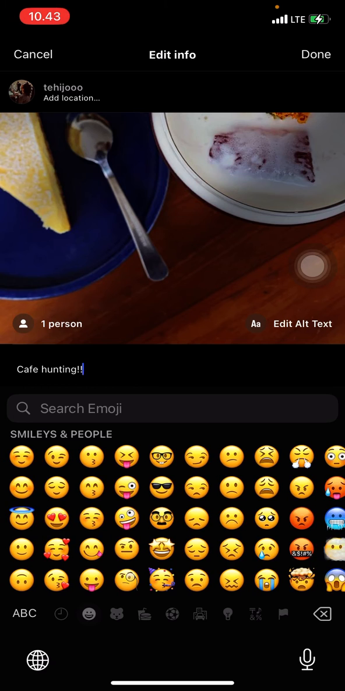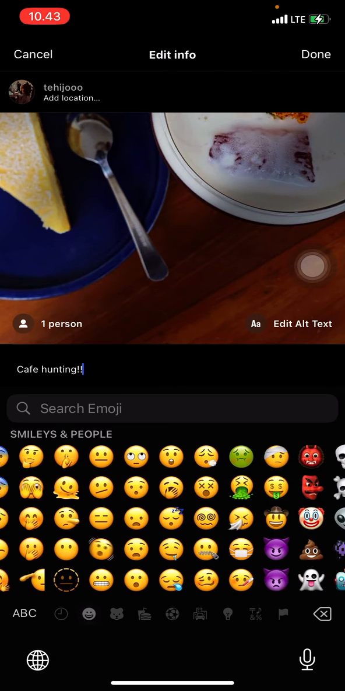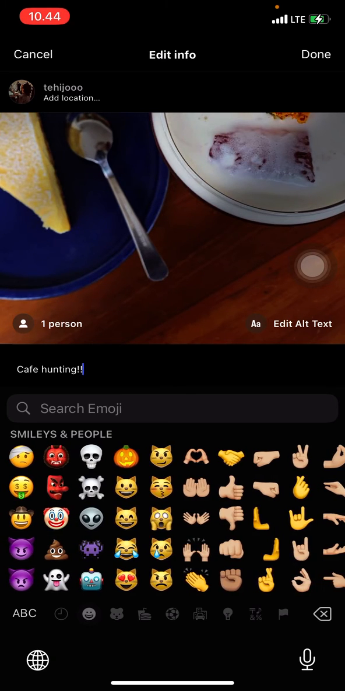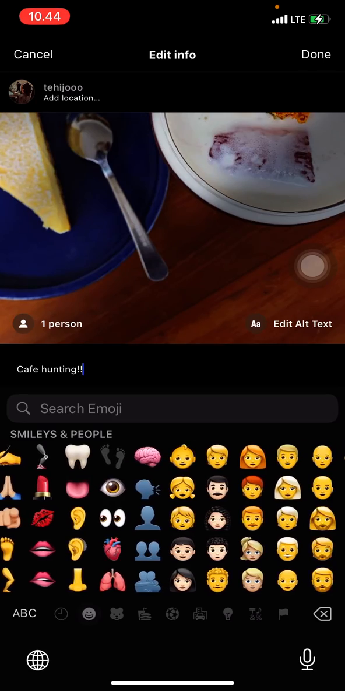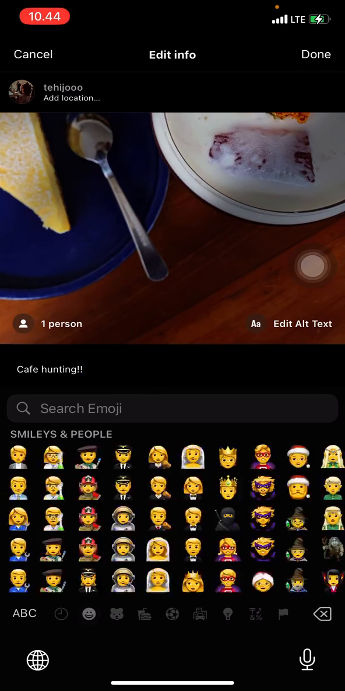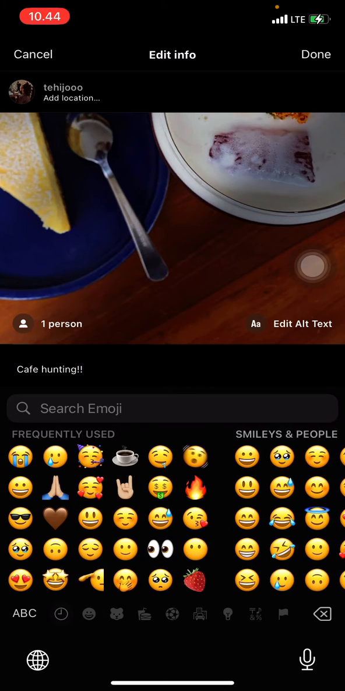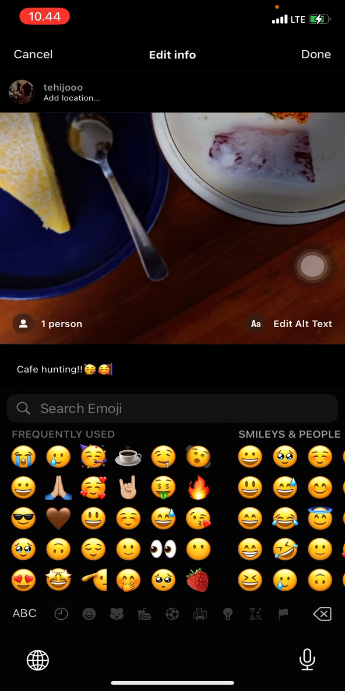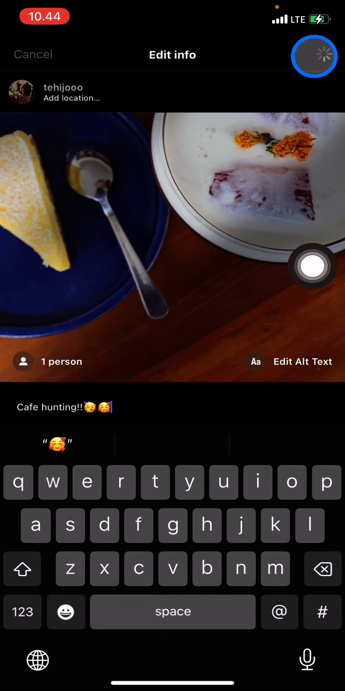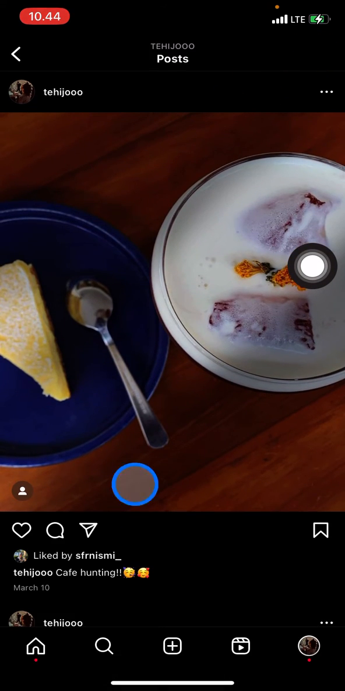but not several emoticons to make it more interesting. Okay, let's find out what I can get here. Okay, and after you're done, you just need to click done. Hold on, and now this post already has the caption on it, and that's all the way to add